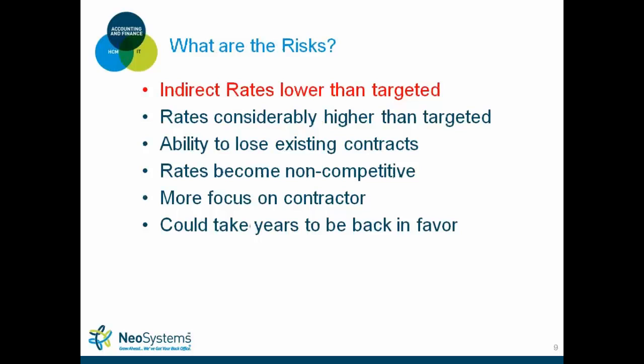So in that particular scenario where you propose 30% fringe and you ended the year at 20% fringe, the main risk that you face is the indirect rates are lower than you targeted. So essentially, you owe the government back that difference. And that's usually a big red flag for DCAA, and you never want to be involved in that type of situation. It happens a lot of times, sometimes, and usually there are reasons as to why that happens,